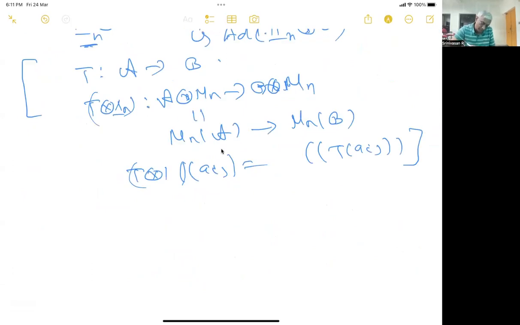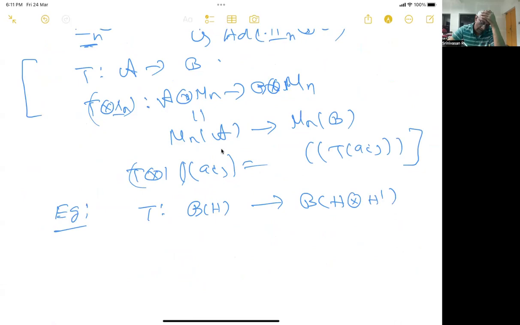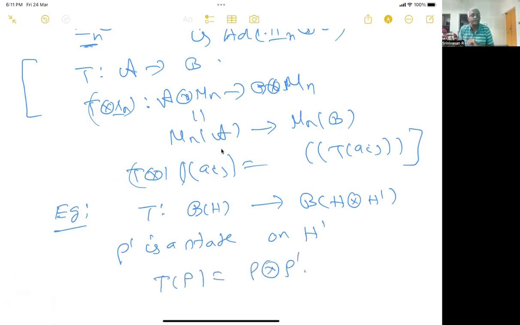Okay, next we consider some tensor. Example 2. Here we are taking different algebras. Define T from B of H to B of H tensor H prime. Let rho prime be a state on H prime. Then the map T of rho is going to be rho tensor rho prime. This is clearly completely positive